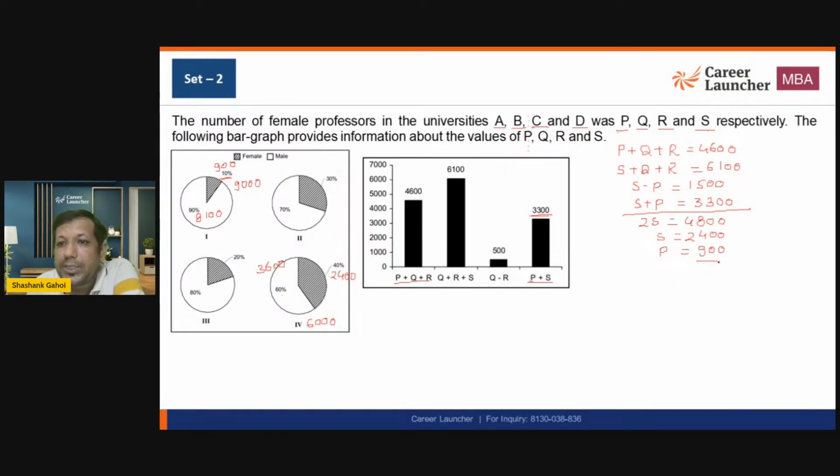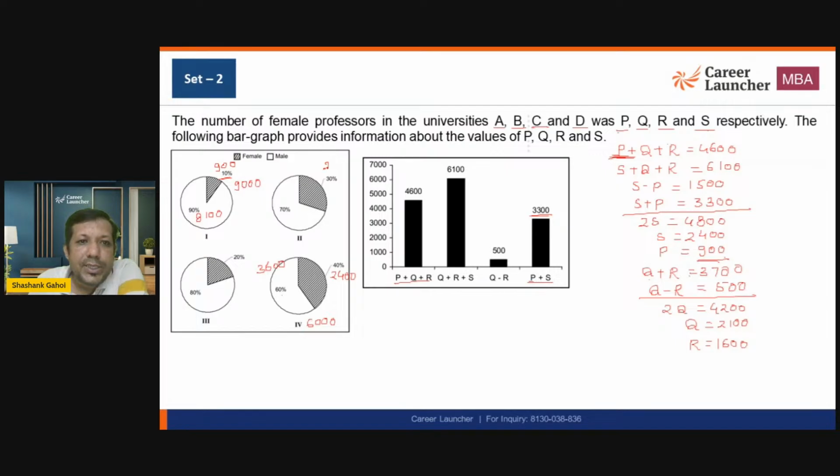ठीक है, अब हमें Q और R निकालना है। ठीक है, so if I am going to say P is equal to 900, I am going to place P equal to 900, so that gives us Q plus R, that comes out to be 3700। P की वैल्यू 900 अगर मैं ओरिजिनल इक्वेशन में डाल दूं तो Q plus R 40 ये आ जाएगा। and question is saying Q minus R and that is equal to what? that is equal to 500। अब मैं दोनों को ऐड कर देता हूं, so I am going to get 2Q that is equal to 4200, so Q comes out to be 2100। ठीक है, so Q is 2100, Q 2100 है तो R has to be 1600।